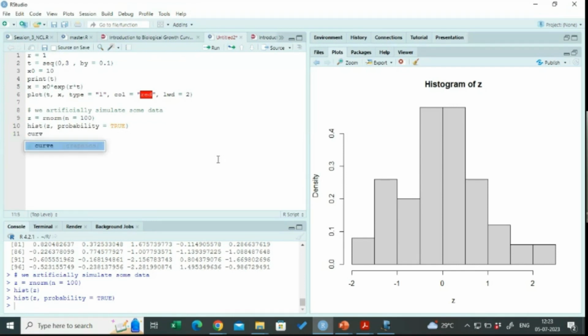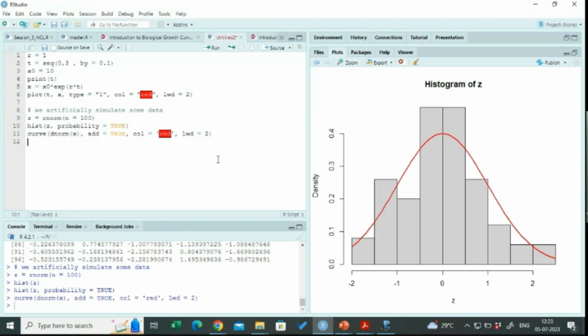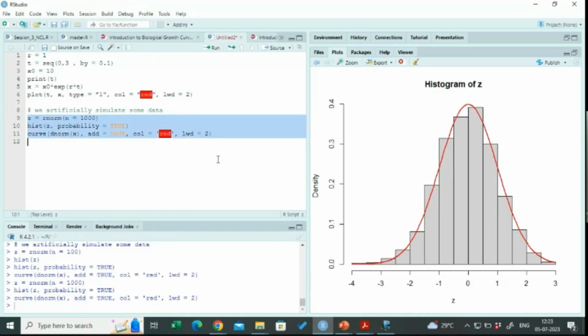And if you add a curve, dnorm x, add equal to true and col equal to Z, it lines up with the data. So the more data points I take, the more accurate the histogram is going to be in approximating the probability density function from which you have simulated. So just for the statistics audience, please note that histogram is also an estimator. So this is a histogram estimator of the density function